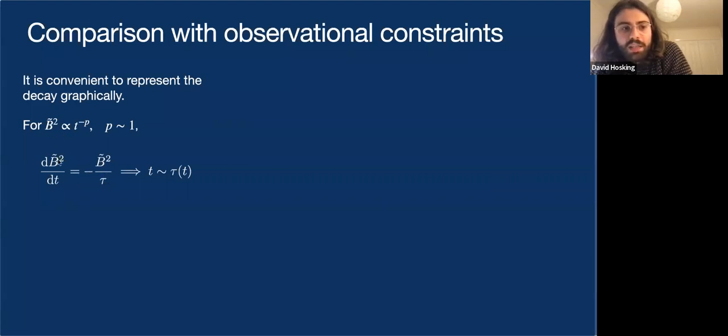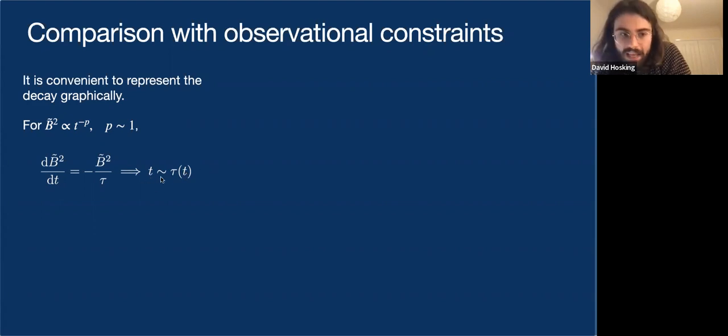But if I substitute b squared into here, using that b squared is proportional to t to the minus p, I bring over a p, but that's an order unity quantity, and so I find that t scales like tau, evaluated at the time